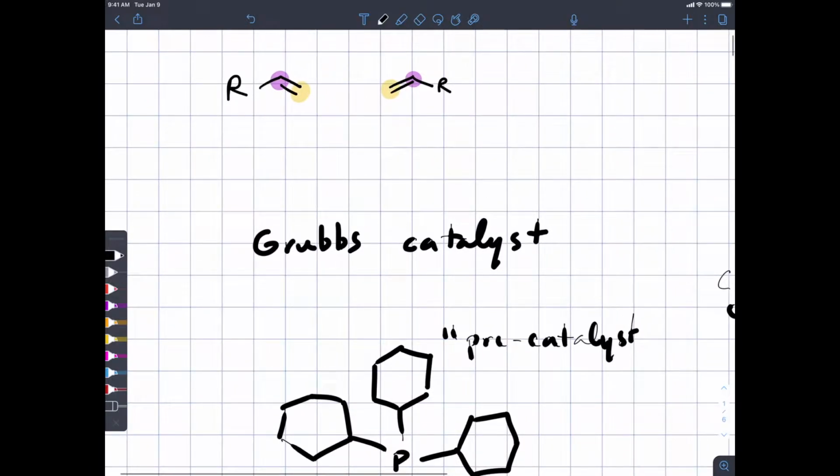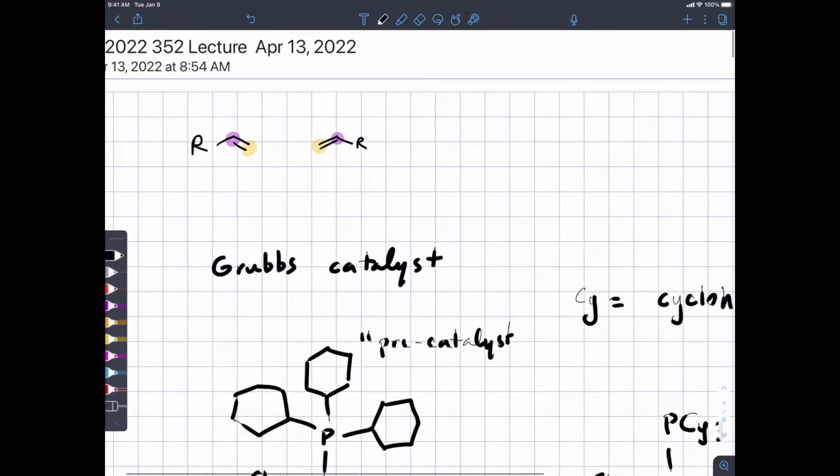Metathesis is really only going to be very useful for terminal alkenes. And there's a question in your study guide or practice exam that has you basically convince yourself why. If you try to do metathesis on two different alkenes, you're going to get all possible combinations of both carbons of the alkene. So it's really only useful when they're terminal alkenes, because when they're terminal alkenes, there's a driving